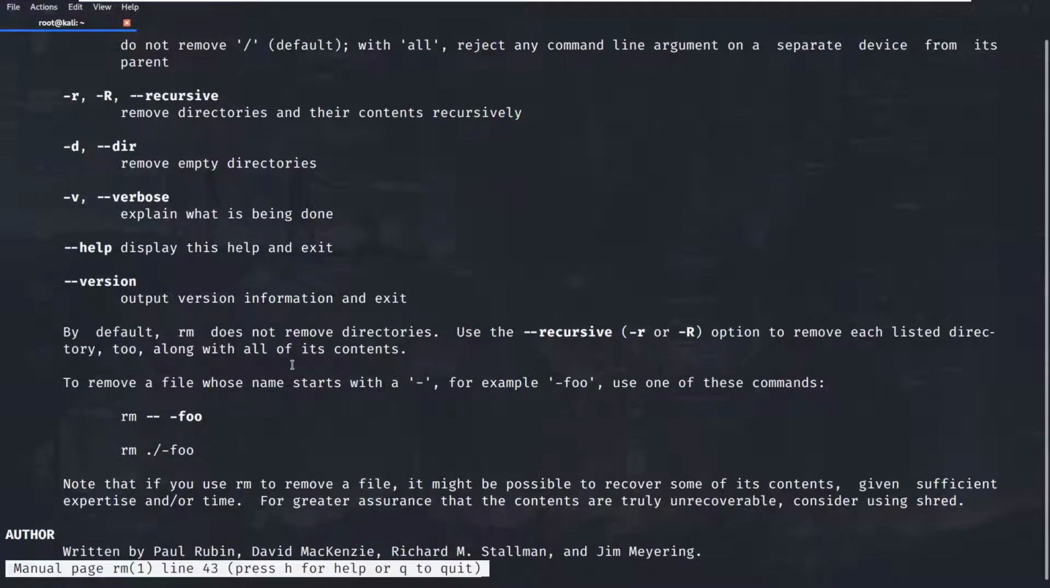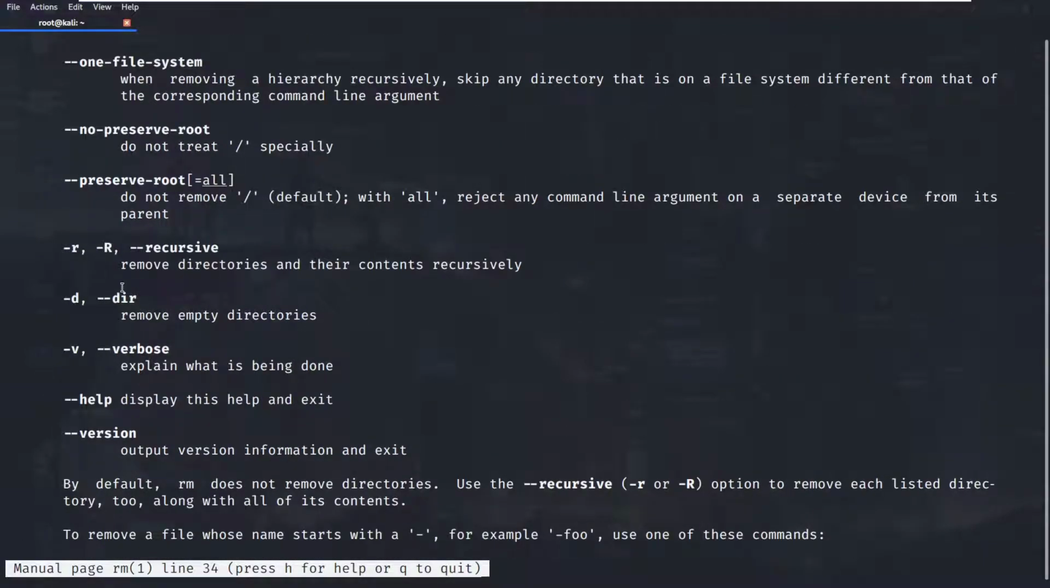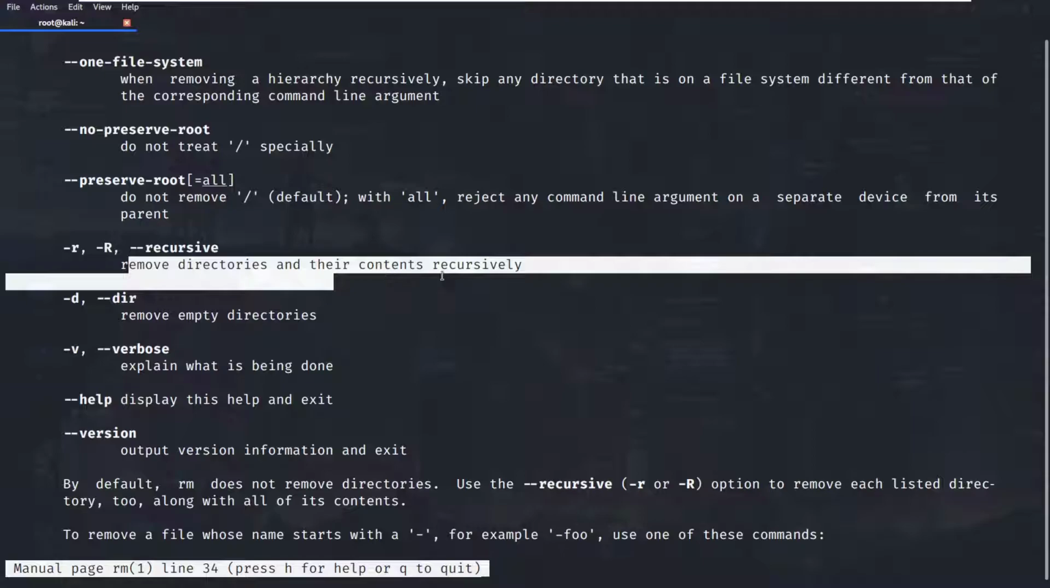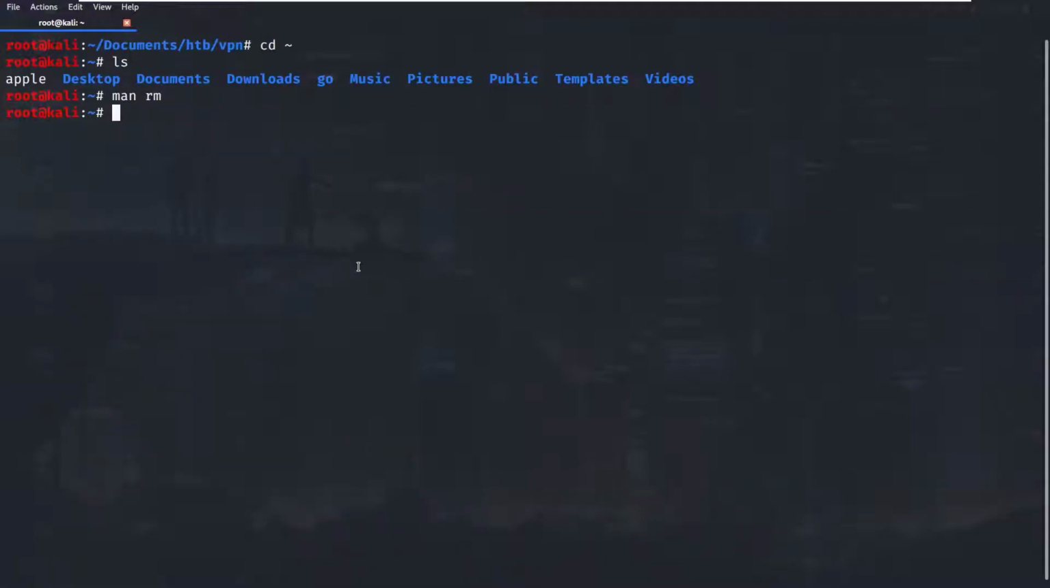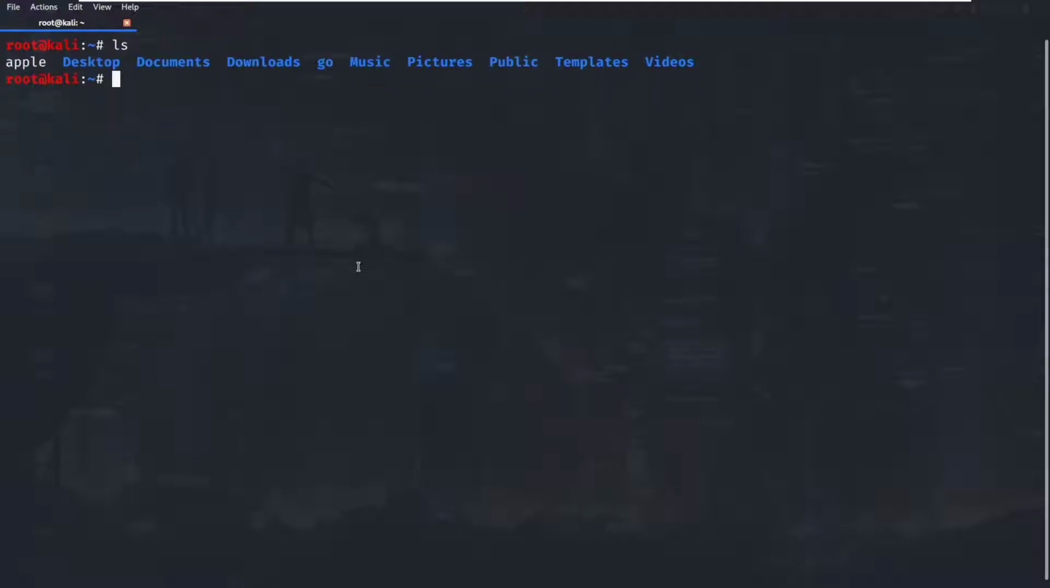You can go into more of what these do. One specifically I'd like to point you to is the -r. You can remove directories and their contents recursively. This is important for removing specifically directories. We'll see that here in a second. So we see apple,